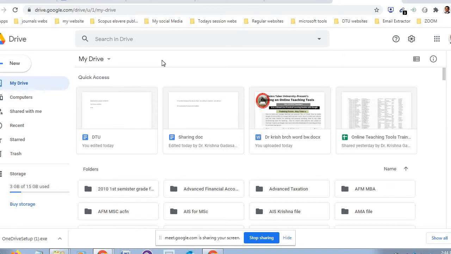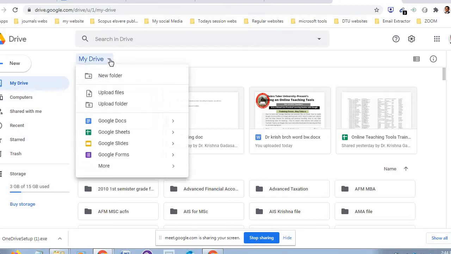And one more thing, if you want, here is my drive, and you can click on that. If you want to directly upload files online, and you don't have Google Drive offline, you did not download the application on the desktop, what to do? Then whatever files you have on the desktop, you can upload them. Whatever you have on your computer, you can upload here.